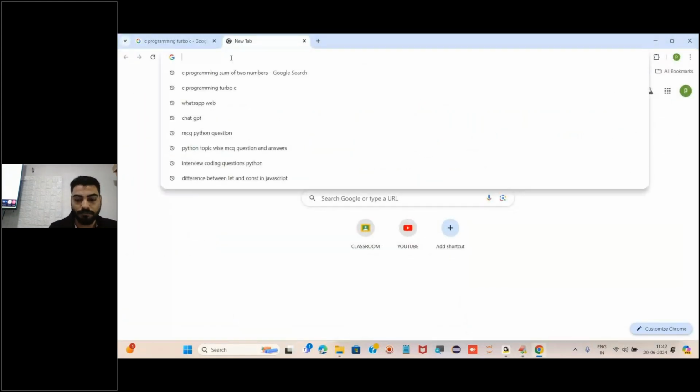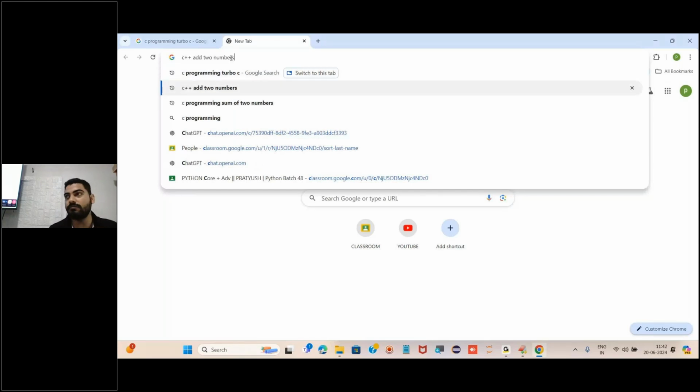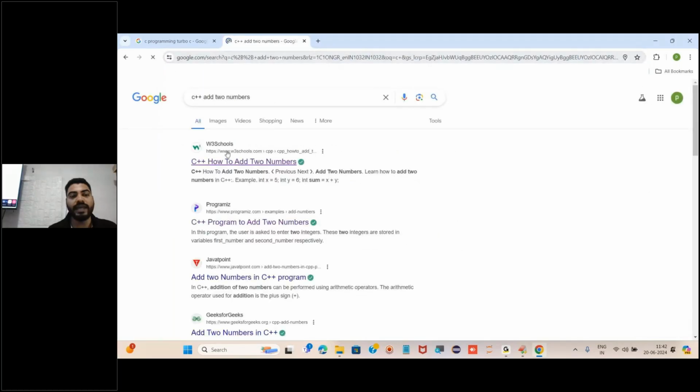So let's suppose in C programming, addition of two numbers. For adding two numbers, how many numbers do we require? Two numbers. For storing those two numbers, how many variables do we require? Two, right? Let's suppose it is basic maths. If we want to store somewhere, we need variables. So let's suppose a is equal to 10. A is storing the value 10. I'm taking b is equal to 20. B is storing 20. So both are variables, both have values, right? Got it.